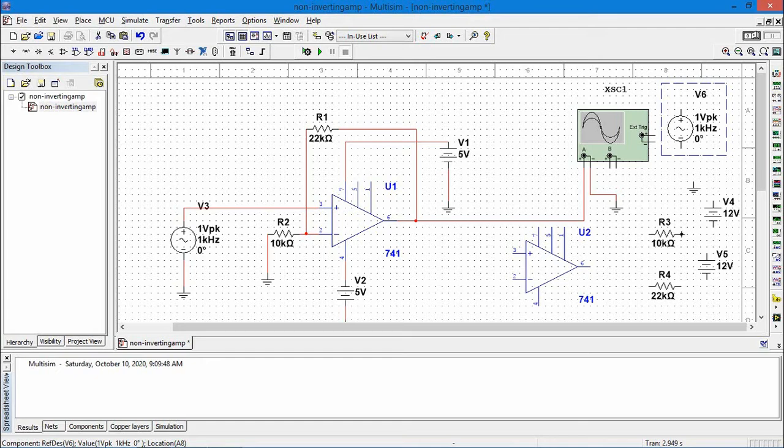Give a click at the edge of your component, and again give a click at the start of the other component. Then you get a wire between the components. Like that, first we select the components from the library, next we place the components, and after that we do the connection.